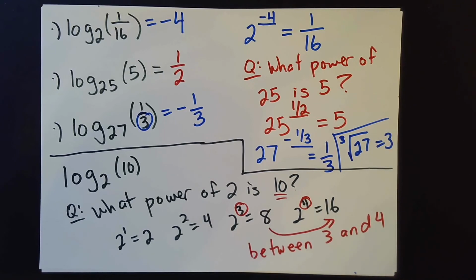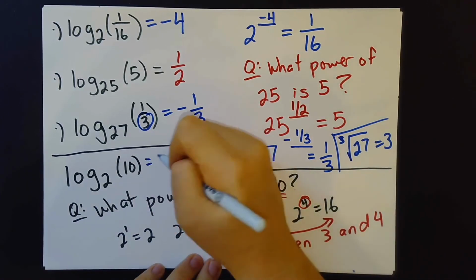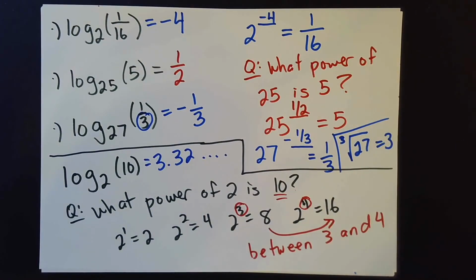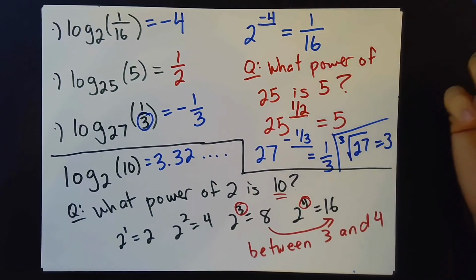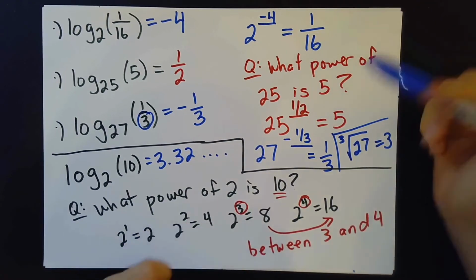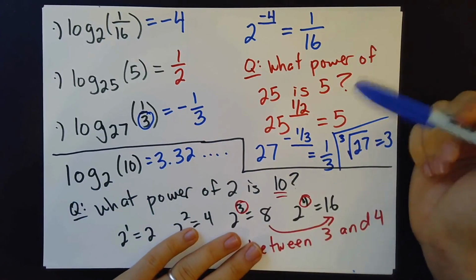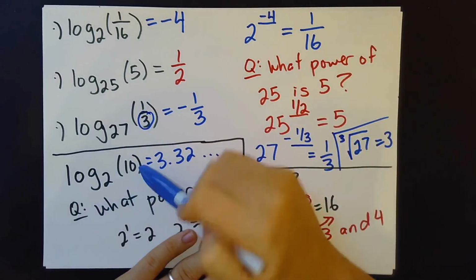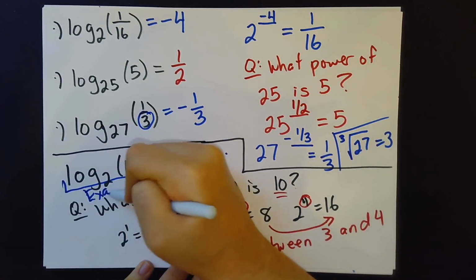What is it actually? Well, you need a calculator for that. And so if you go look on your calculator, you'll find that this works out to be 3.32 something something something. Which I'll note is between 3 and 4, as claimed. Now, I'll note at no point on the homework or on the tests am I ever going to ask you to actually type one of these things into your calculator. If you come across a log base 2 of 10 in your answer, you can just leave it as log base 2 of 10. This would be what is called the exact answer,